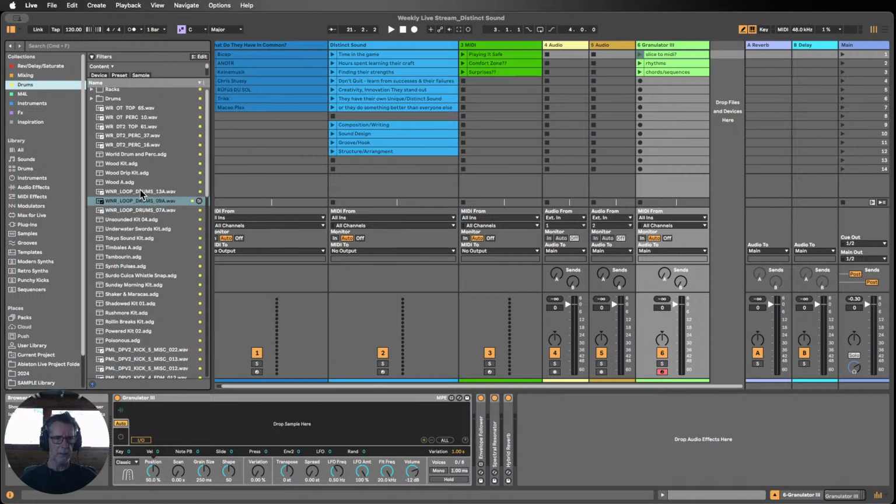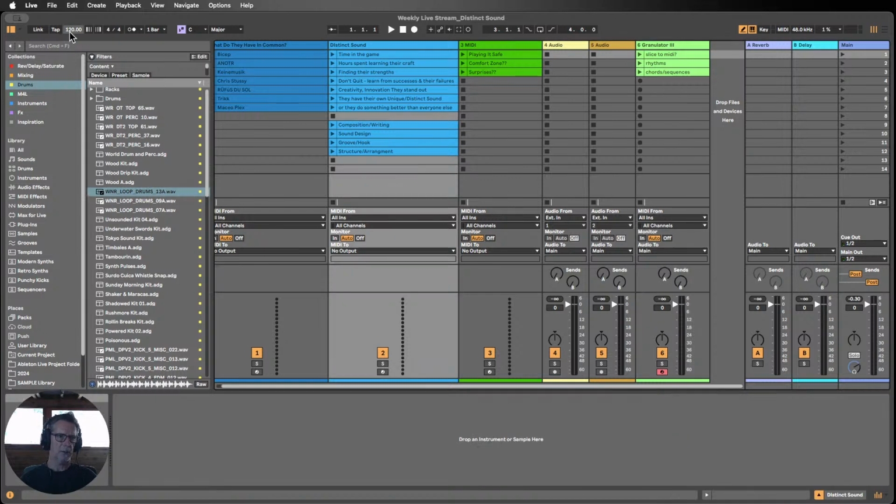So I have 3 here bookmarked. And they're deliberately quite minimal. They're just literally a kick, a clap, and maybe a bit of a hi-hat. So let's set a BPM for today. I feel like somewhere around 126 could be interesting. So let's do that. Let's drag that in. So we've got